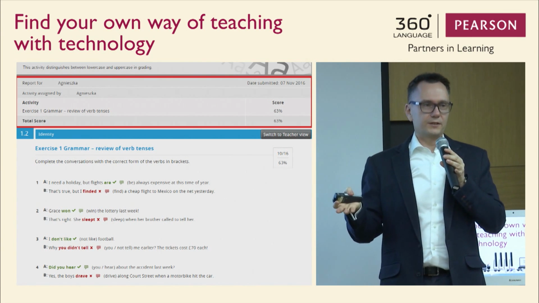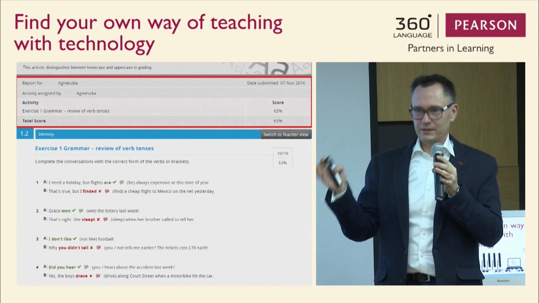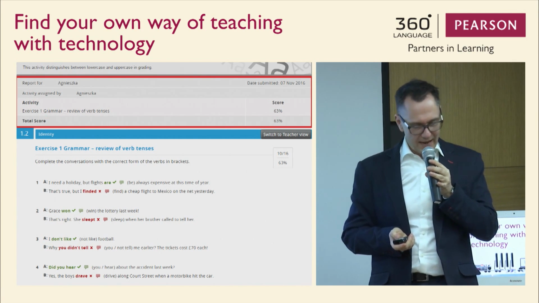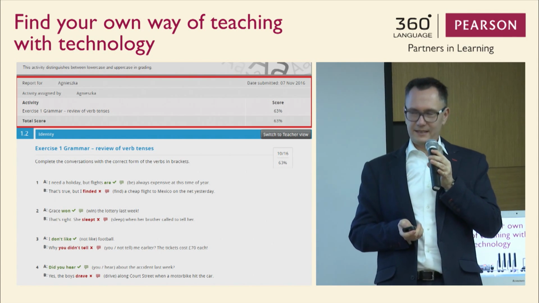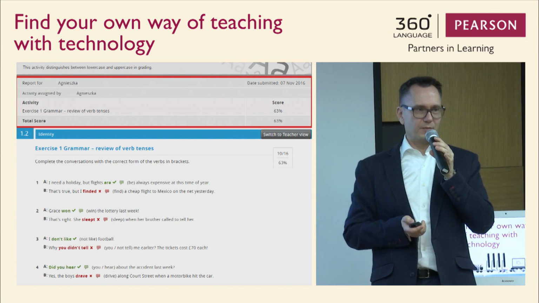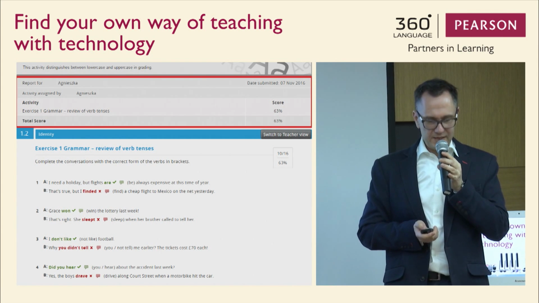But it's not just what's correct and what's incorrect, because these days, in the 21st century, that's not very impressive, really. A lot of systems can do that. So Pearson went a step or two steps further, because in addition to this information, what is right and what is wrong, we also give our students more feedback.